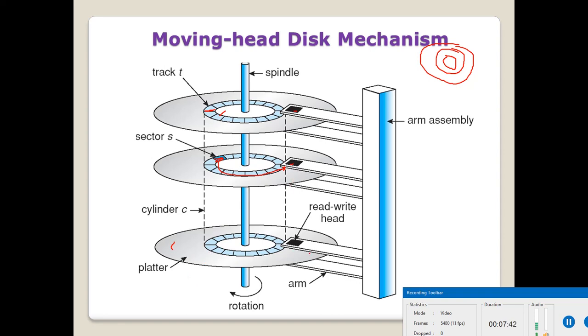So if both sides are used, there will be a read-write head on the upper side and also on the lower side. We call it a doubly surfaced disk. For a doubly surfaced disk, there will be two read-write heads, one on the top and another on the bottom. So this is a sector, this is a track, this is a spindle, and this is called the platter.